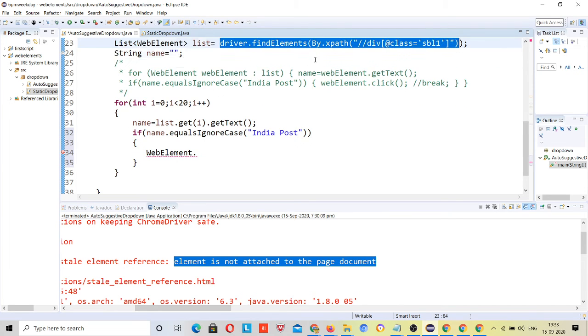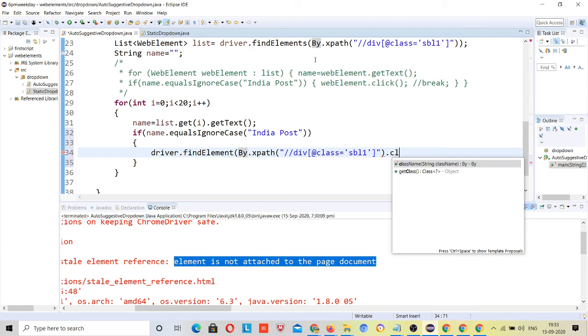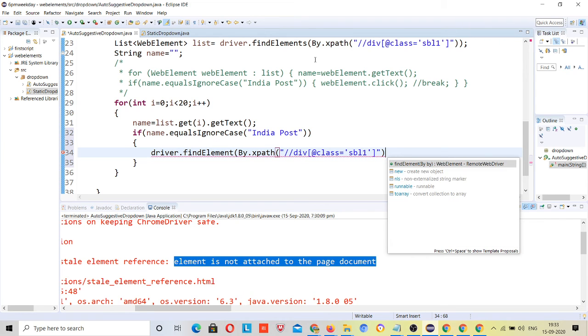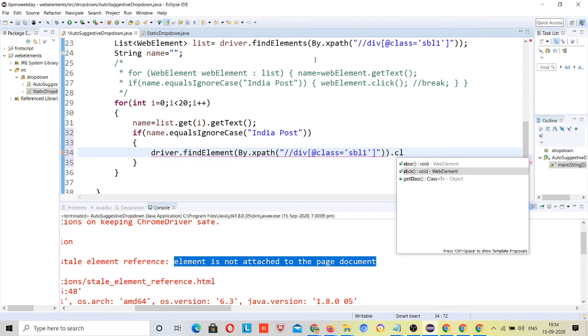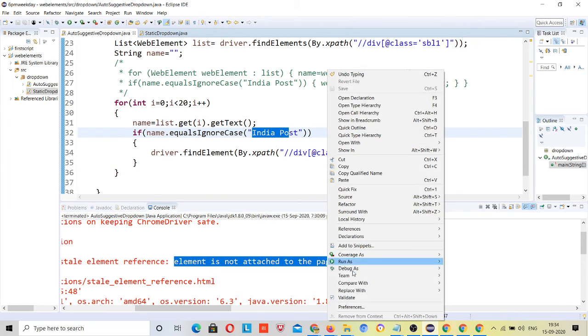Copy, and here you need to use only find element, not find elements. Find element dot click. Okay, right. See, although I am matching with the India Post, still see what happens.